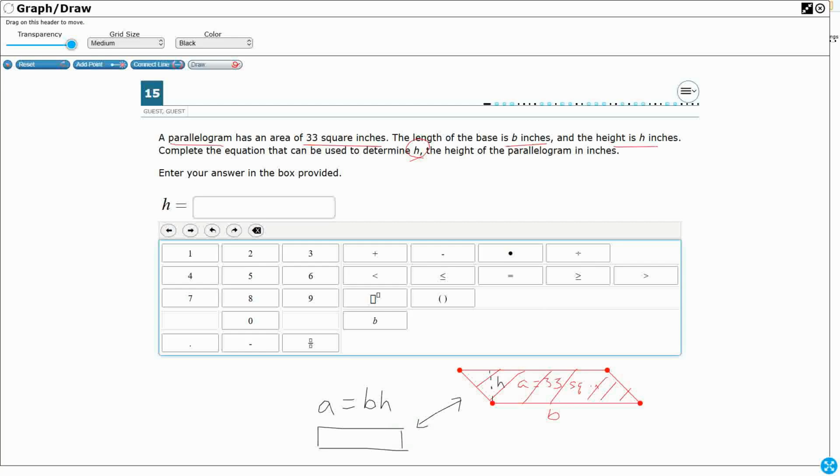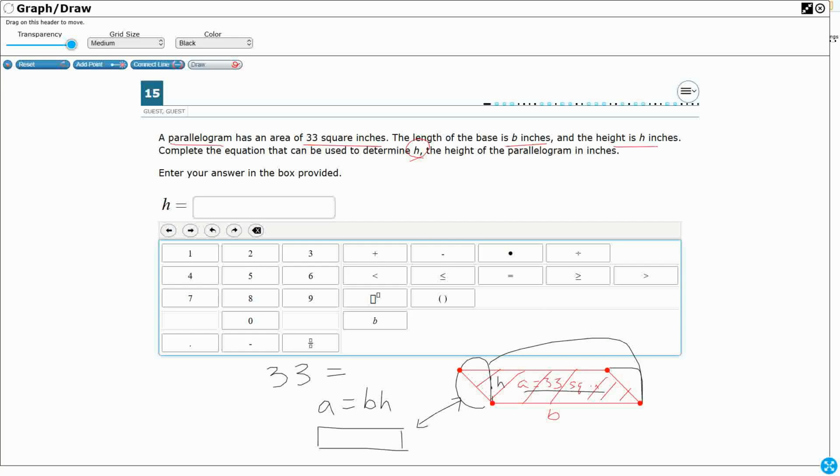They're different shapes. Well, a parallelogram, imagine if we were to take this part right here, cut it off, and put it right there. Then what would we have? A rectangle. So that's why we can use the same equation. So A equals BH. The only thing I know here is my A. My A equals 33. So we have that right here. So I'm going to substitute that in right here, and I'm going to say 33